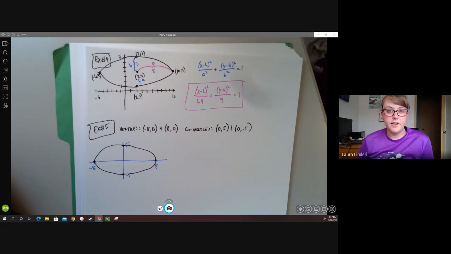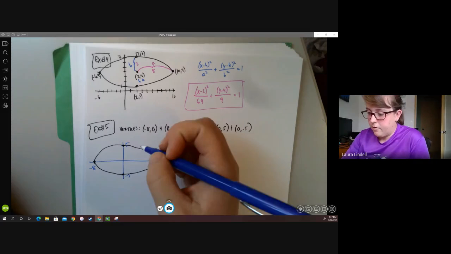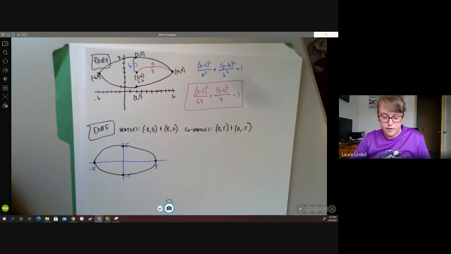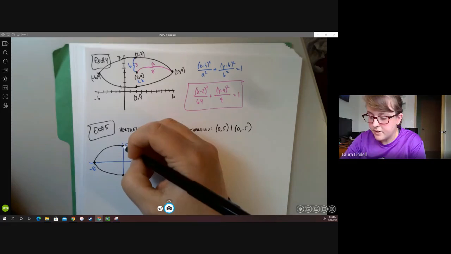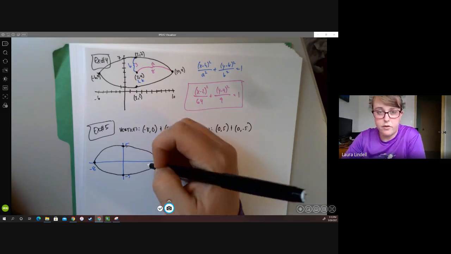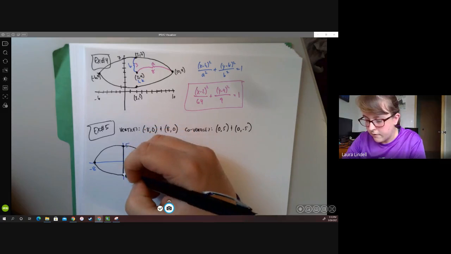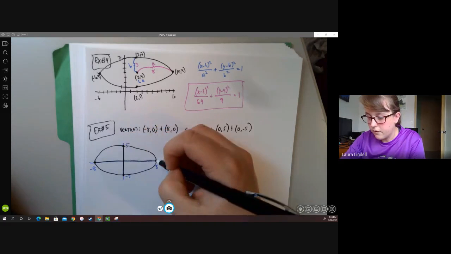We still need to find h, k, a, and b to do this one, but we don't need to find c because you can find a and b from the picture that we've drawn. So first off, let's find the center h, k. We know that the center is going to be halfway between either our vertices or our co-vertices. So if I draw a line from vertex to vertex and co-vertex to co-vertex,